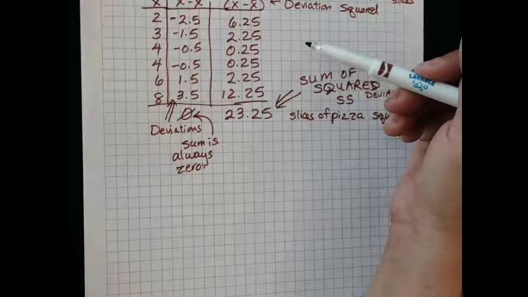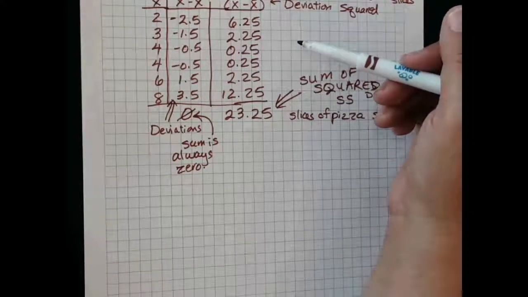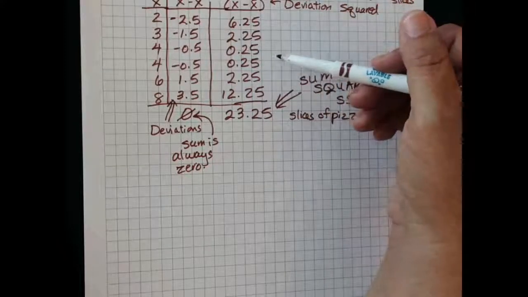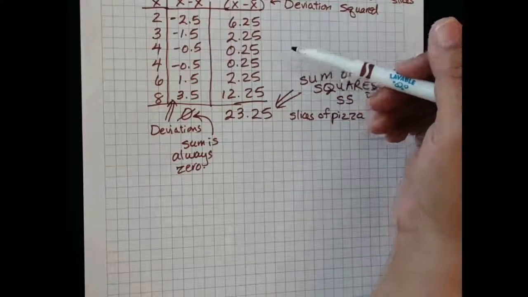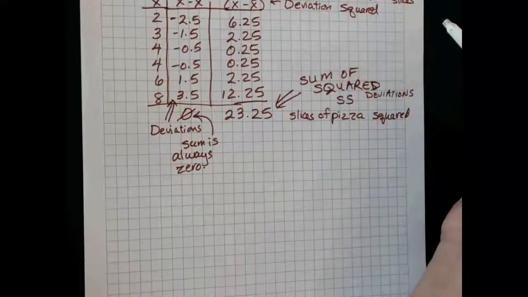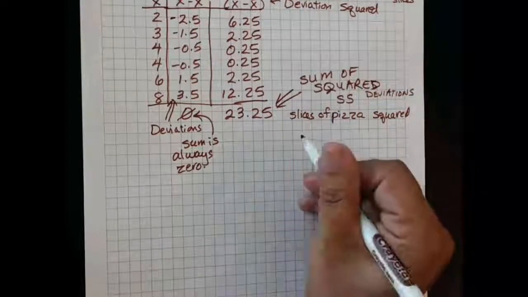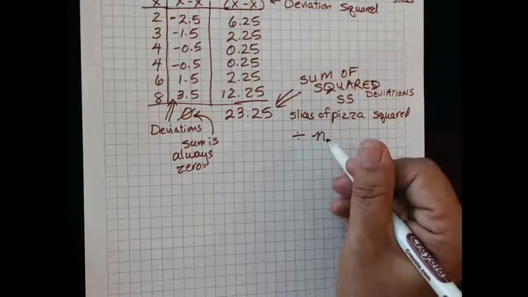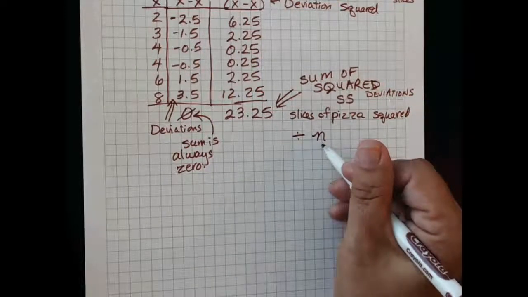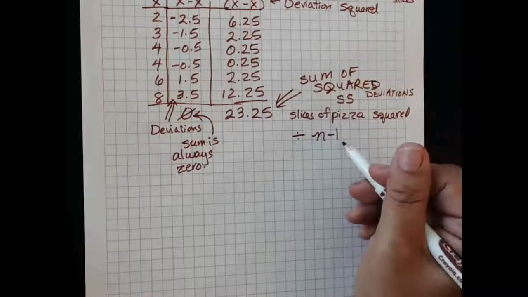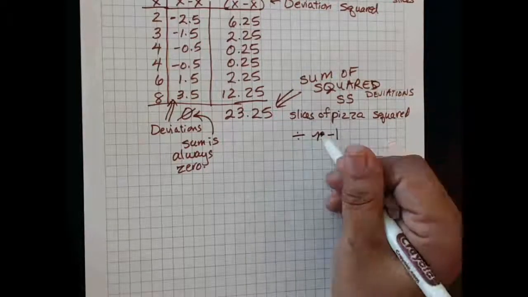Actually, a lot of points in statistics is a good thing. So we need to figure out how to fix this for however many points we have. Otherwise, I have to write the rule, oh, everyone must use 6 sample points. And that doesn't make sense. So how can we correct it for the number of points? Well, we can sort of divide by the number of points. Now, hold on a second. This works for populations. But when we're dealing with samples, for a technical reason, which I'll avoid explaining here,